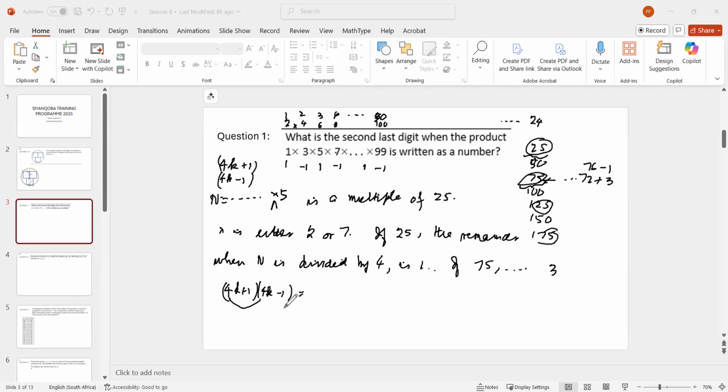Right. When you multiply these two, it's a multiple of 4. Multiply those two, it's a multiple of 4. And multiply those three, those two, it's a multiple of 4. So you have a multiple of 4, let's call it 4L. And then the last one is plus 1, minus 1, minus 1. So in other words, when you multiply all of them, you get a new number, which is 4L